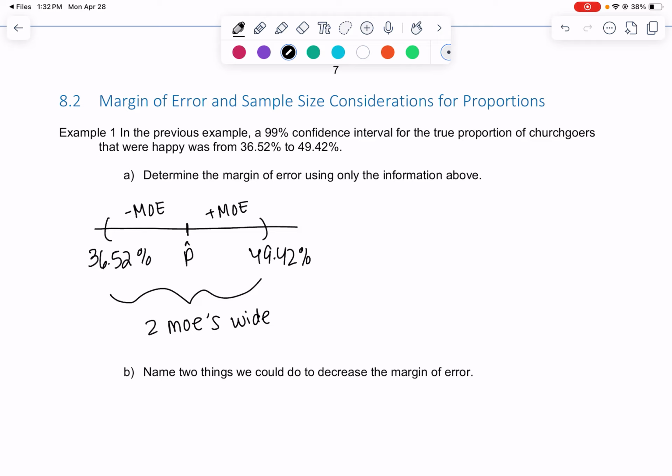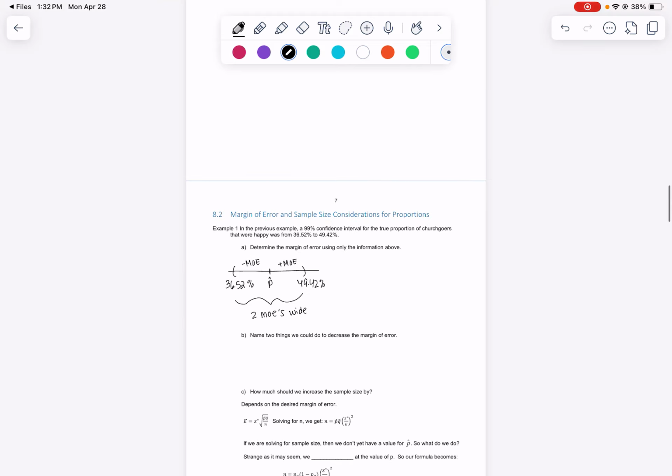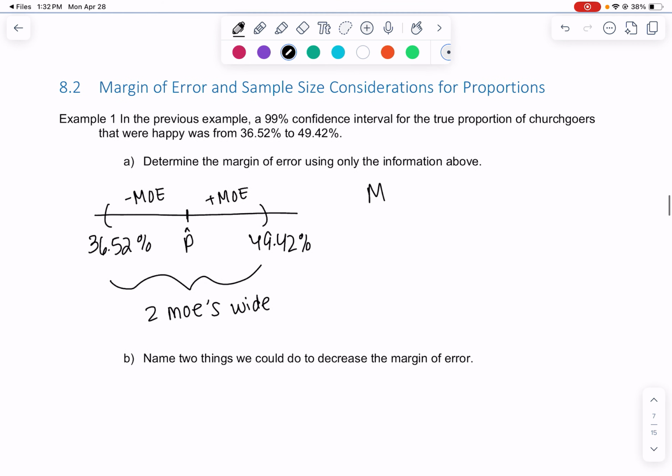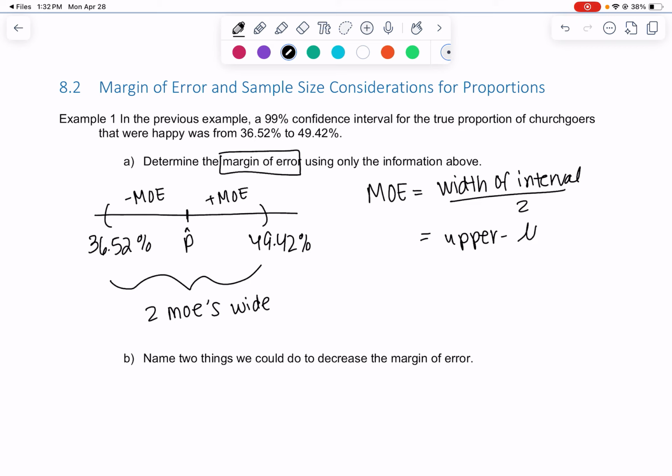So what we can do is we can find the width of the interval. So margin of error, I'm just going to do MOE for short, that stands for margin of error. It'll be the width of the interval, and we'll just cut it in half, divide by 2. And so the width of the interval is just finding how wide it is. So it's subtraction. It'll be the upper limit minus the lower limit, and we'll divide by 2. So in this case, it would be